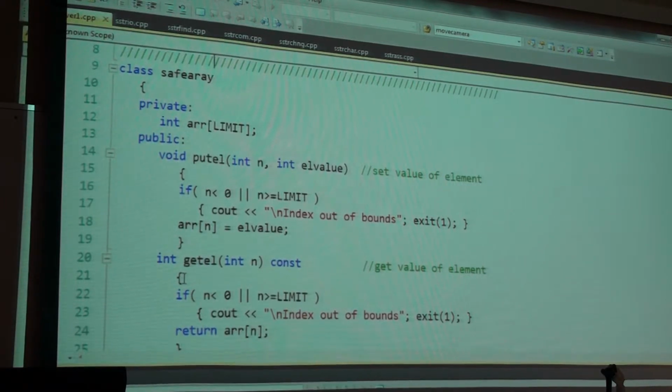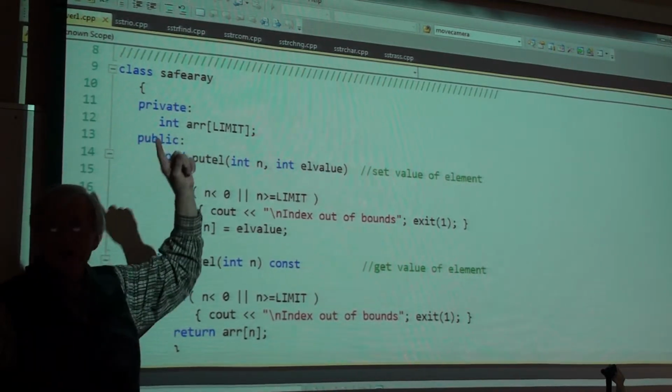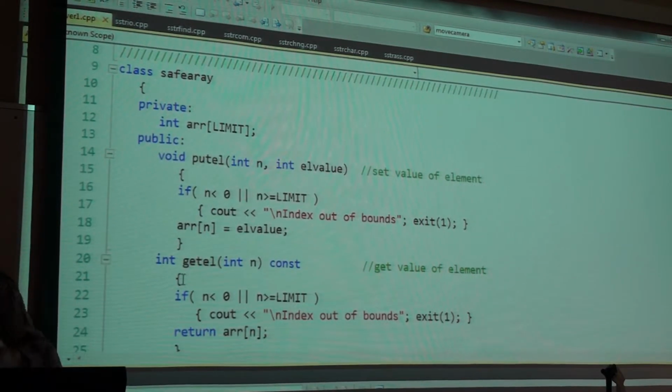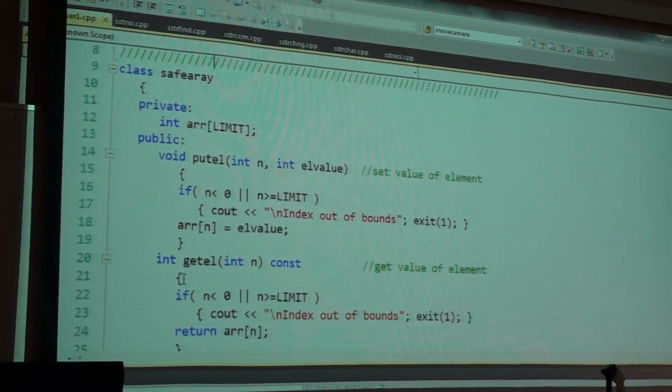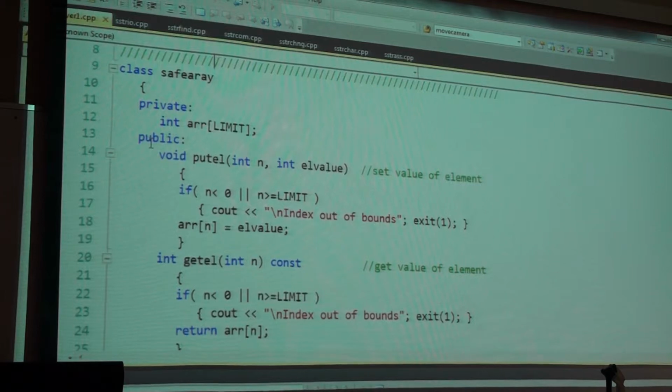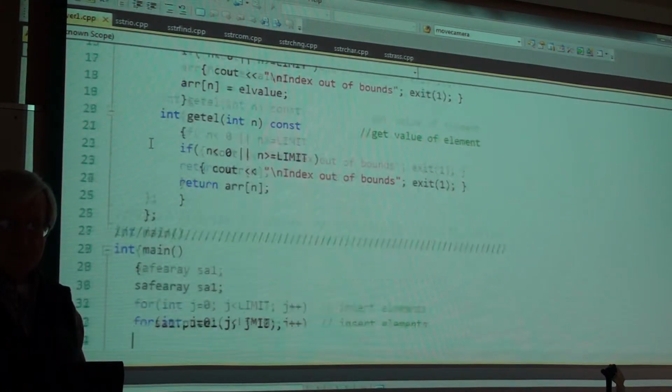Private to the class, we mean only member functions can then get direct access to things that are in the private parts of the class. So array of size 100 is only accessible directly, only settable, getting and putting only through member functions. Now the member functions are all public. They're all public. So we can, as a consumer, get access to them.